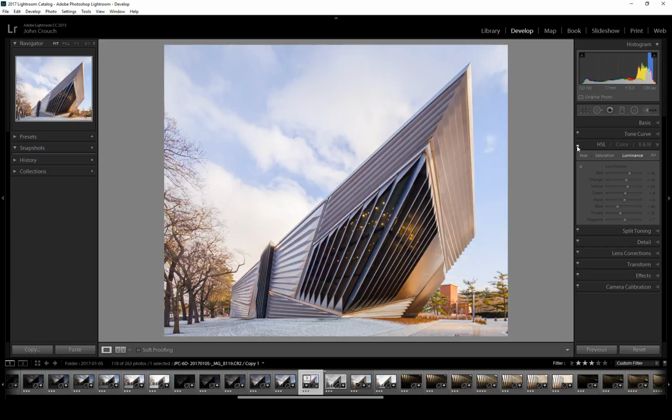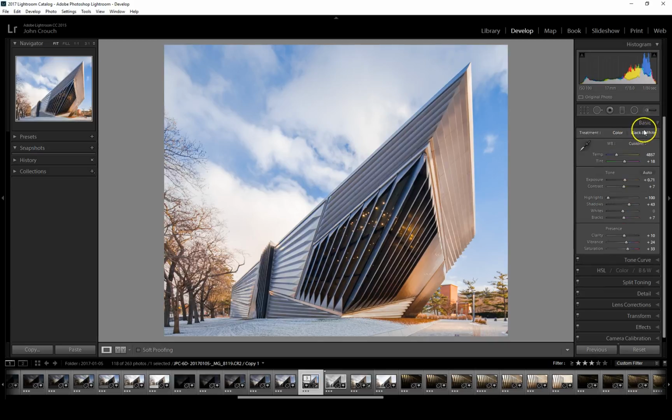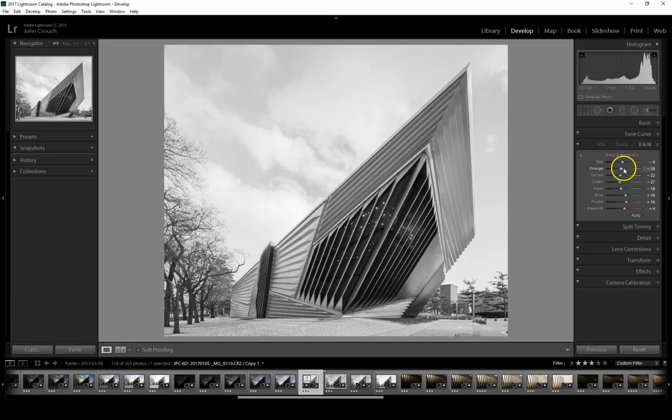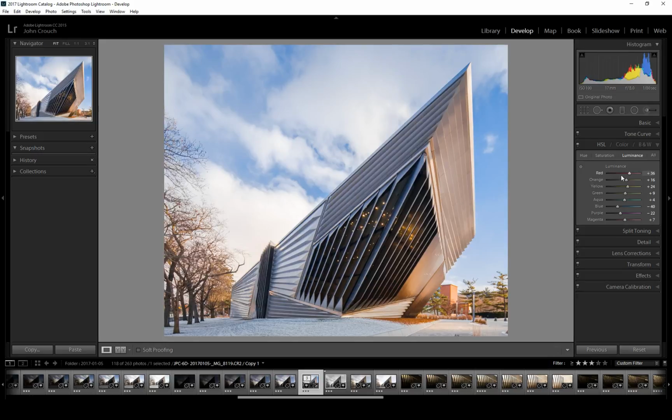I think the color rendition on the shadow side of the building is better. It just looks sharper. It's more contrasty. I'm liking where we're going here. This is also where, if you wanted to, you could make it black and white. You can start that in the basic panel. Click on black and white here. One nice thing is when you're in this panel over here, you can adjust all these color tones individually. So I can make the orange areas brighter or darker. We're not going to do that right now, but this is where you can really fine-tune your black and white